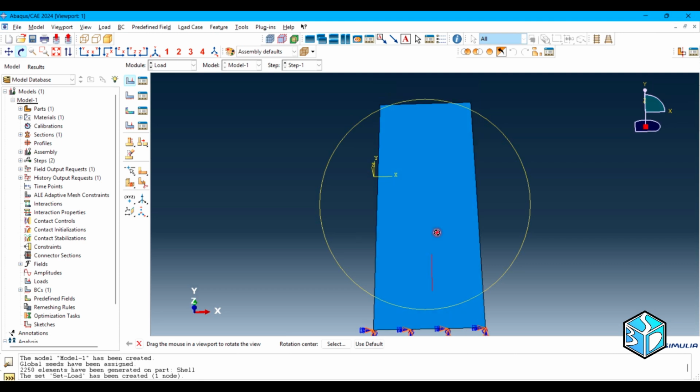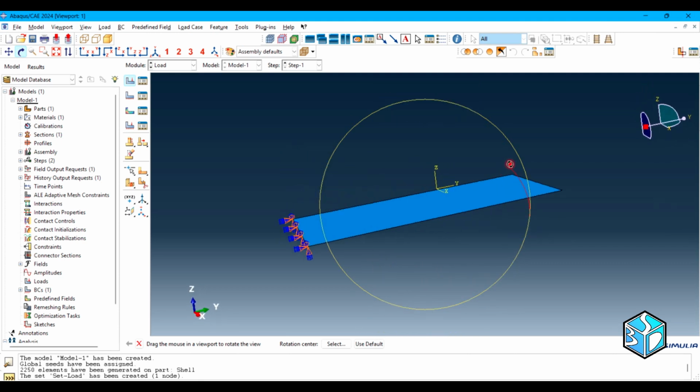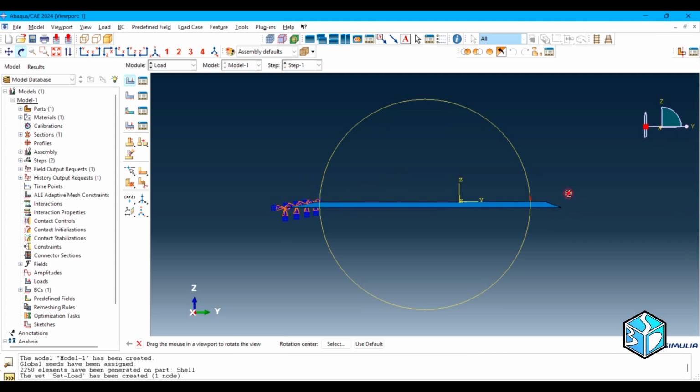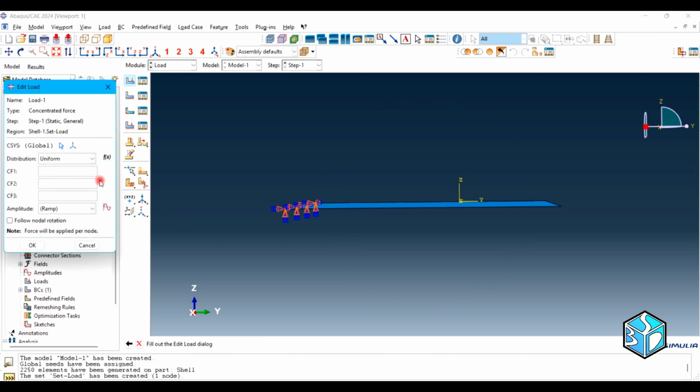Let me show you what I'm talking about. As you can see, we are going to apply a force to this side of the plate towards the Z-axis. So CF1 is 0, CF2 is 0, and CF3 is minus